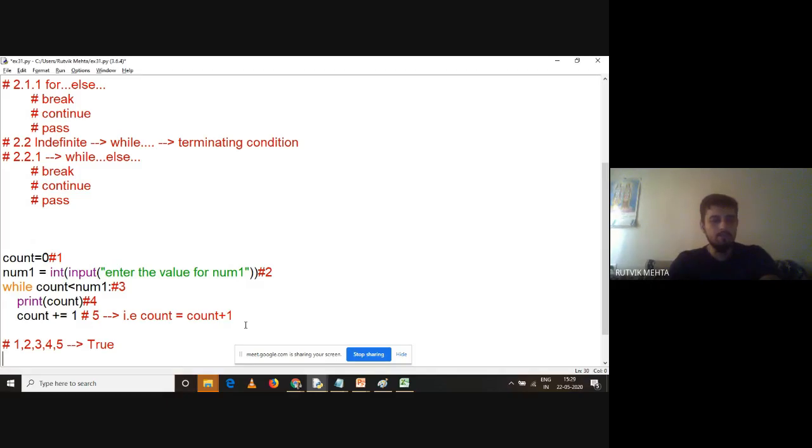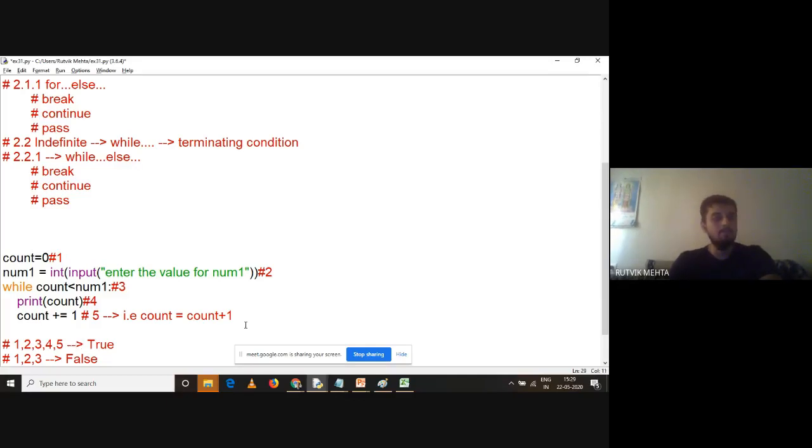If the condition is false, statement number 1 will be executed, 2 will be executed, and the third one will be executed for condition checking. But if it is false, 4 and 5 won't be executed a single time. So if the condition is false, only statements 1, 2, and 3 are going to get executed.